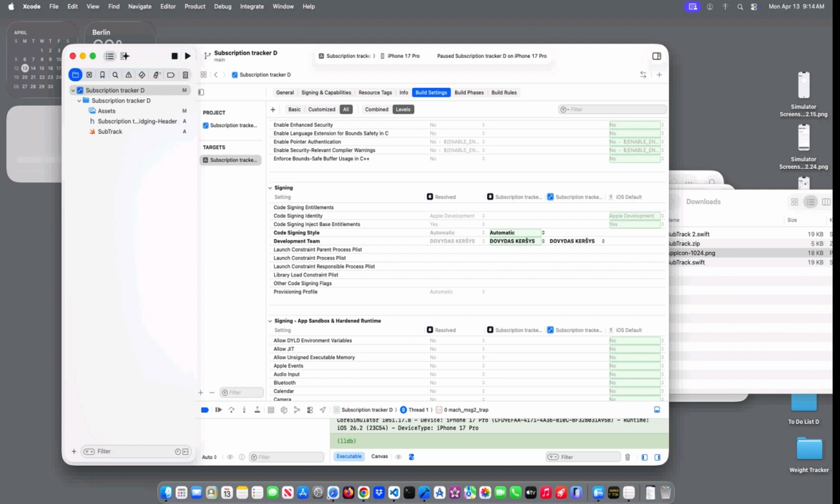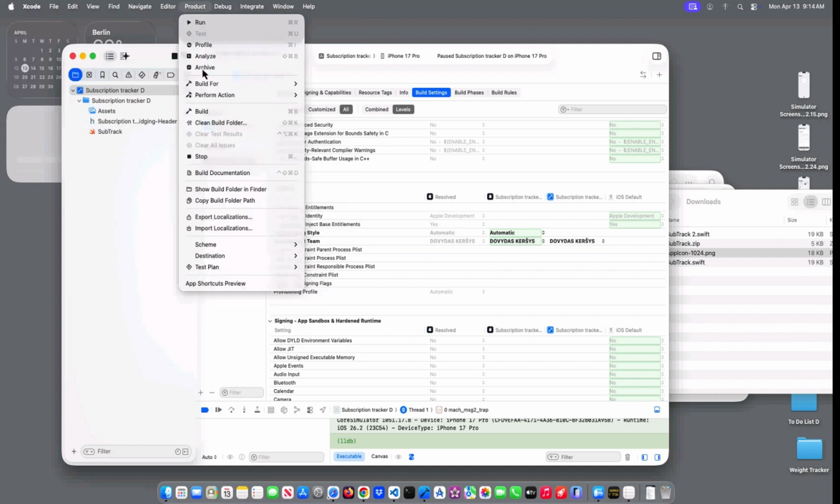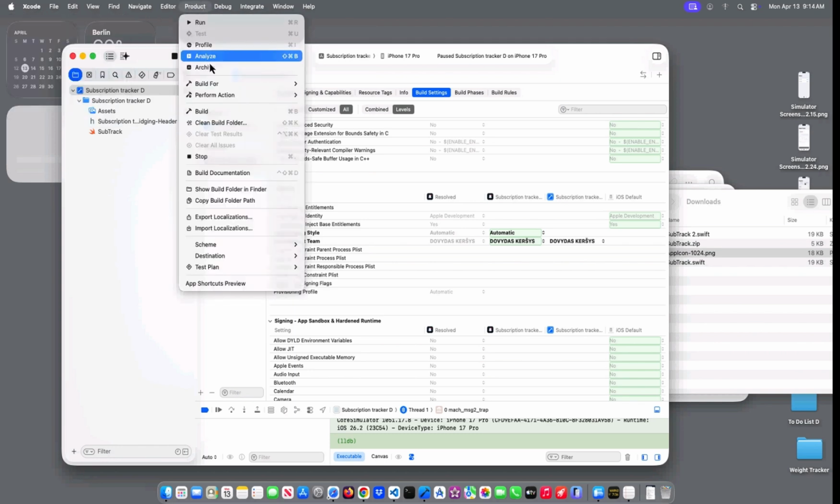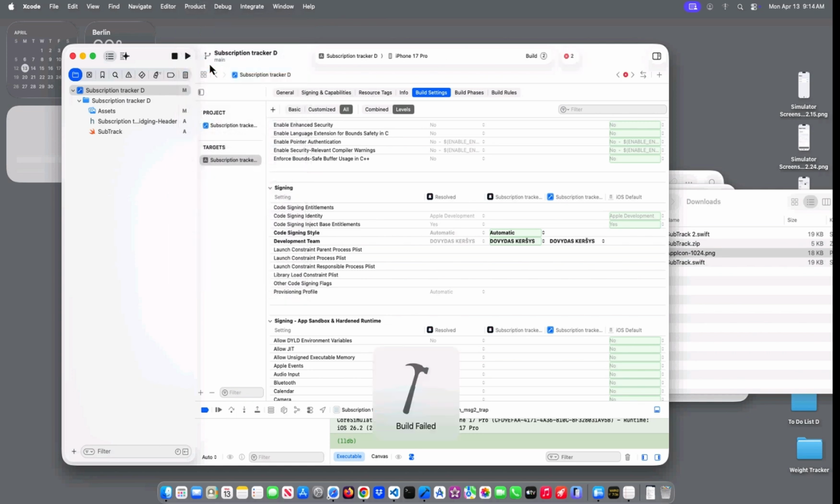Okay, signing tab. So now if you want to upload it to the Apple Store, we need to go to product, archive,